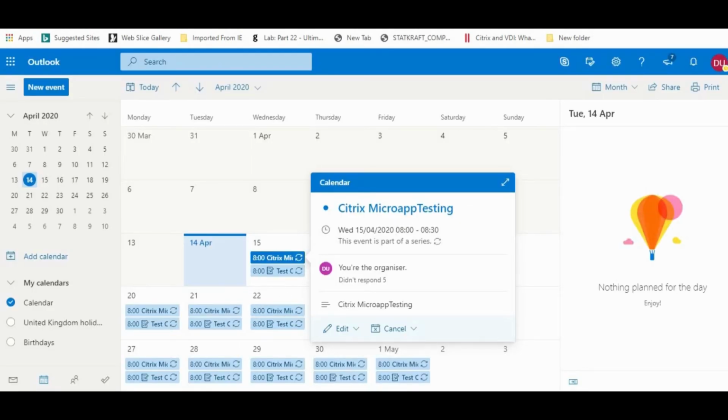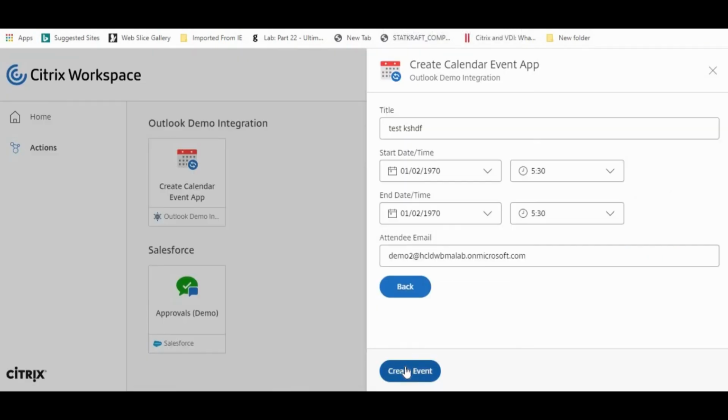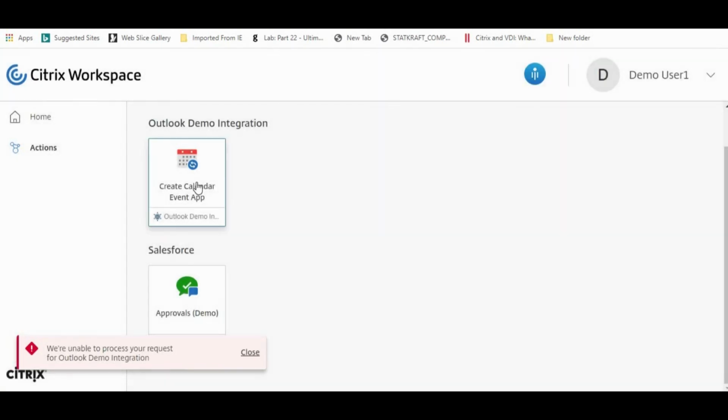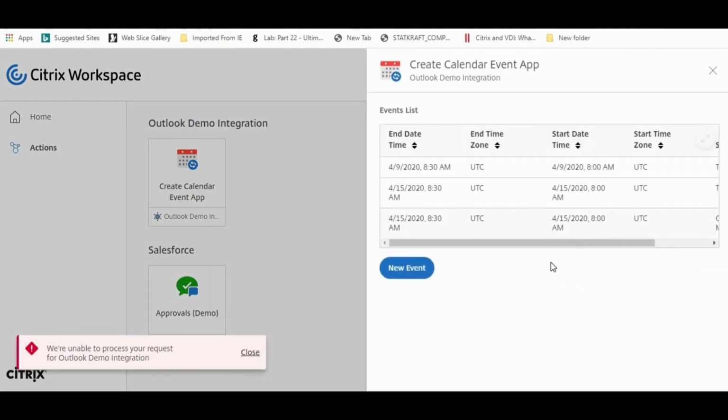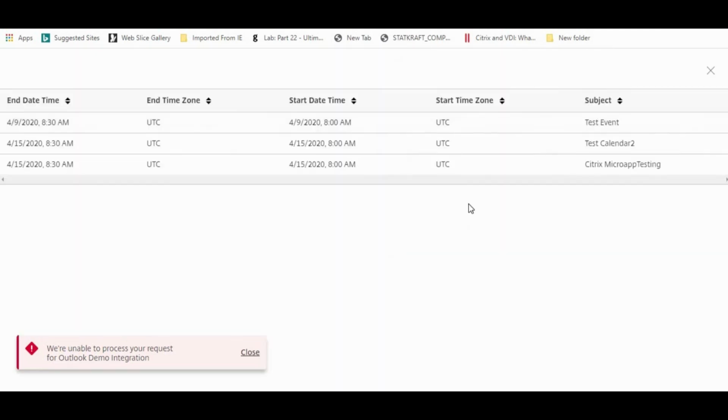But due to some technical issue from Citrix and the backend infrastructure, there is some bug, and due to that this function is not working. We raised a case with them, and the Citrix team is working on it. This is the problem encountered for this particular function. The other one, we are successfully able to retrieve the data from Outlook and showcase it, and even this data is getting updated and reflecting from Outlook as well. So this we have done successfully.